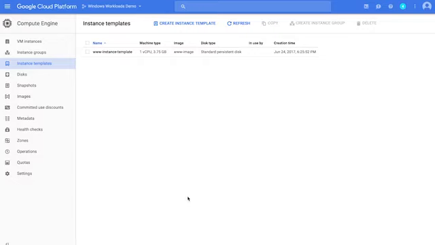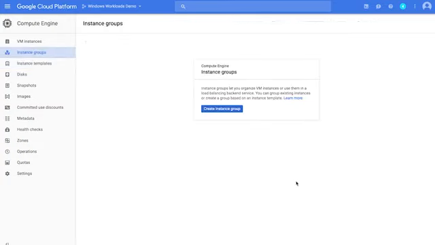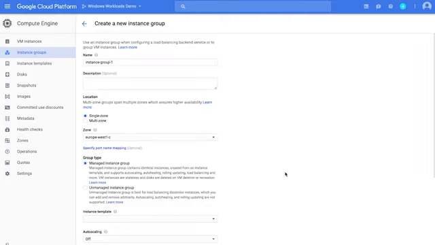Now that our instance template is ready, we'll make use of this to create a Compute Engine managed instance group. A managed instance group can be used to automatically spin up a set of machines based on an instance template. So I'll change the name to www instance group.